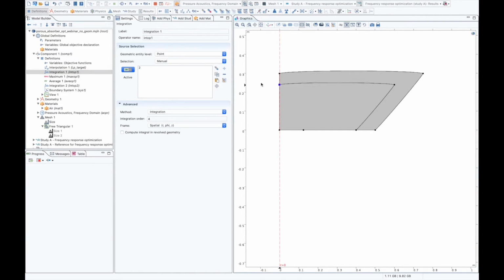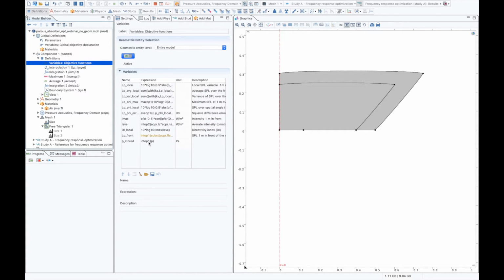So we select this point, and this will store whatever we put into the suffix of this intop1. Since we put P, which is the pressure, to intop1, we will store the pressure variables at that selected point into a variable called p stored. And from that pressure variable, we can calculate the local sound pressure level with this